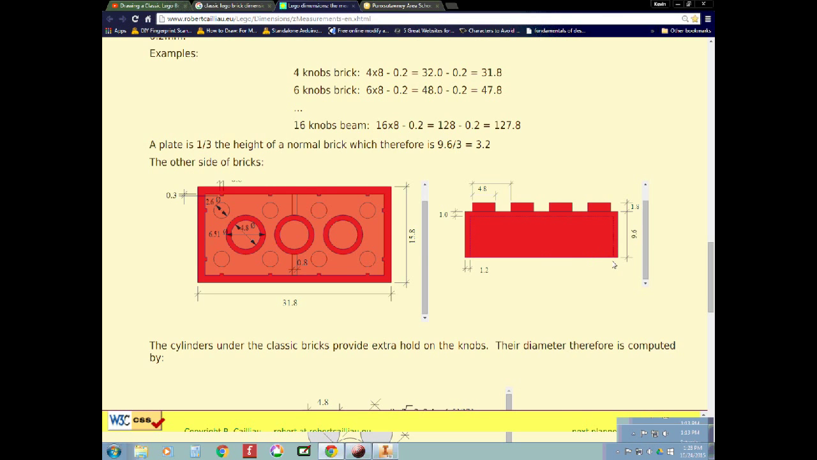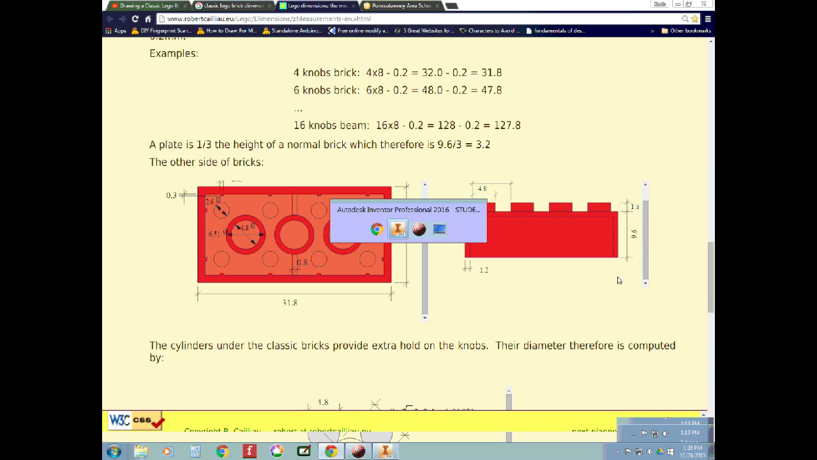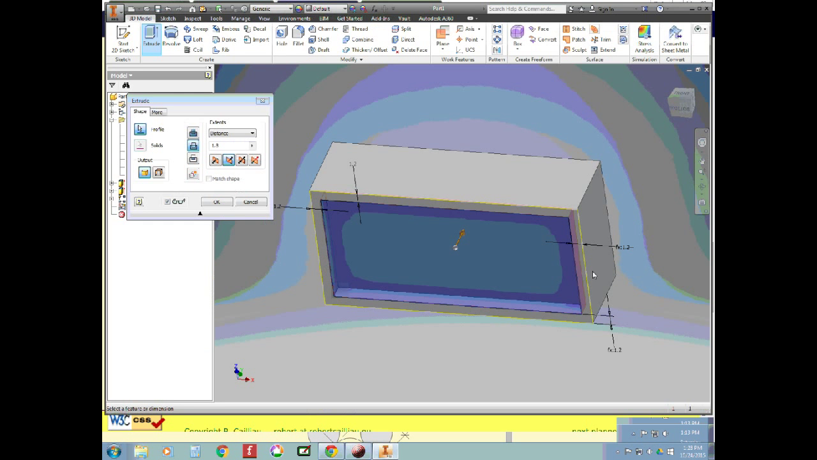Okay, so the whole thing from the bottom to the top minus the knobs is 9.6, and then that wall thickness, different from this one, is only 1. So that would be 8.6. So I'm going to go back here, and I could say, I want to take that dimension. I could use whatever dimension I used for this and subtract 1. So I could say,